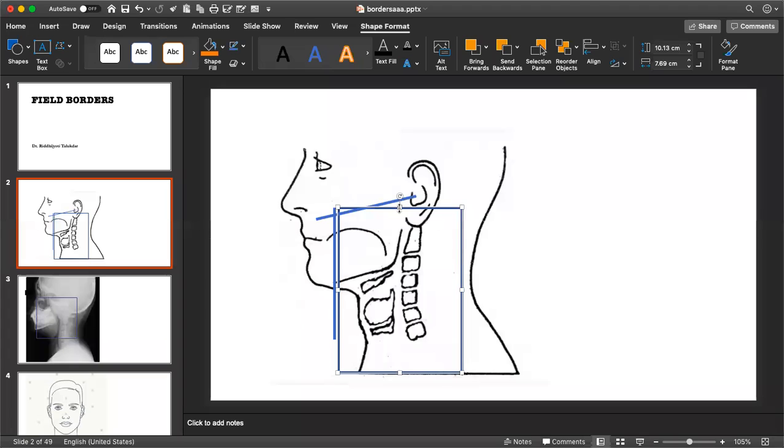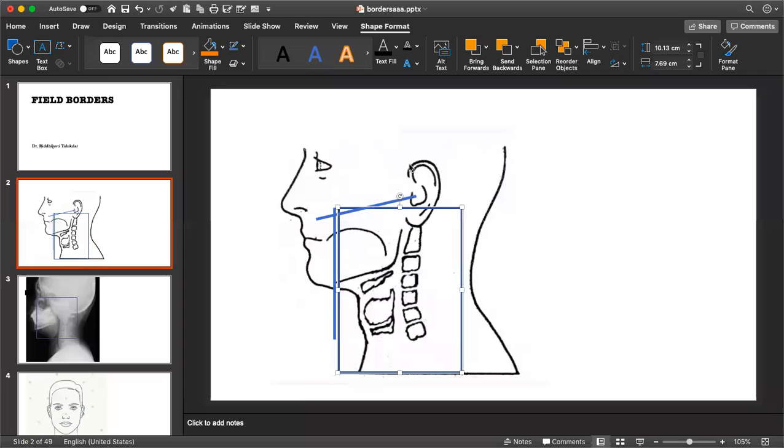Do you agree, Dr. Vivay? Dr. Mansi has pointed out a very valid point. You need to cover the retrostyloid in case of high level 2 involvement. So that is one place where you go up to the base of skull. That is true, but that is as far as contouring is concerned. As far as field borders are concerned, I don't know if you need to cover up to retrostyloid. As far as contouring was concerned, it was seen that whenever level 2 nodes are involved, the recurrence is around there, and we are treating only up to level 2. And when you are contouring level 2, your contouring starts at the lateral process of C1.